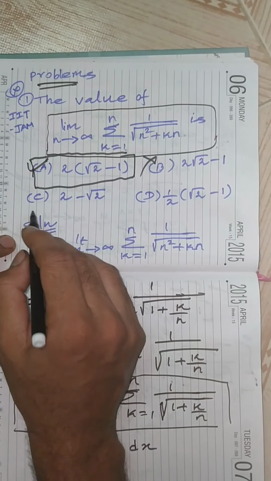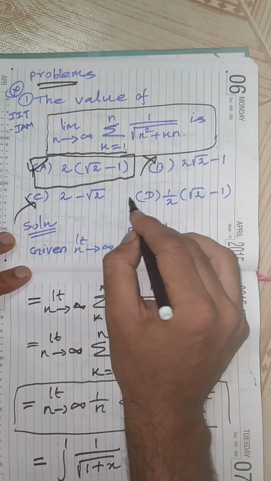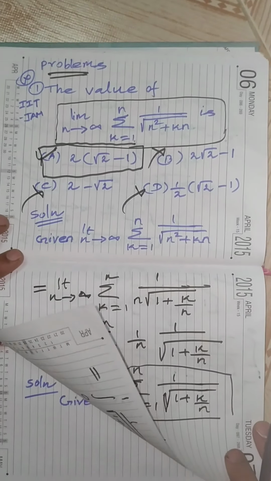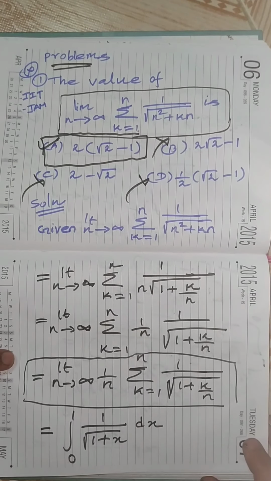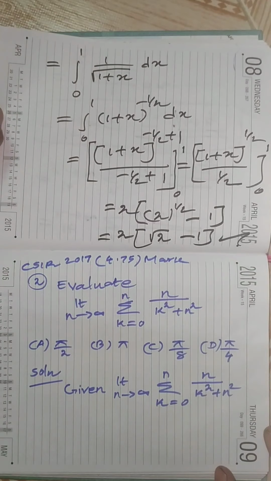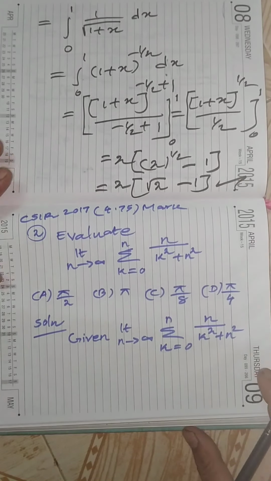So remaining all is wrong. So very easy to get 2 or 3 marks. Please note down this. So next problem,